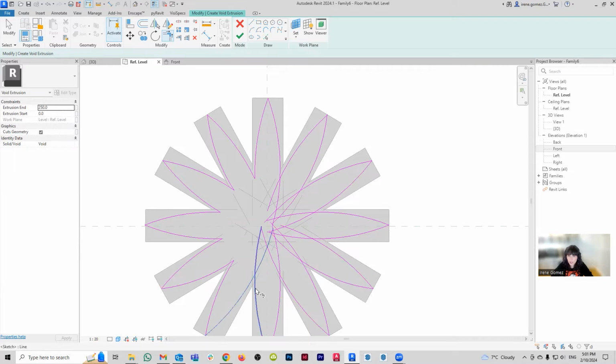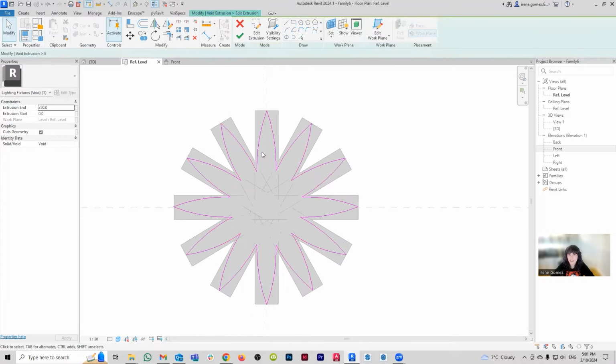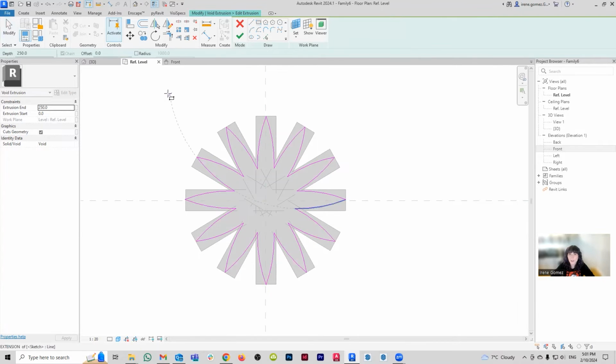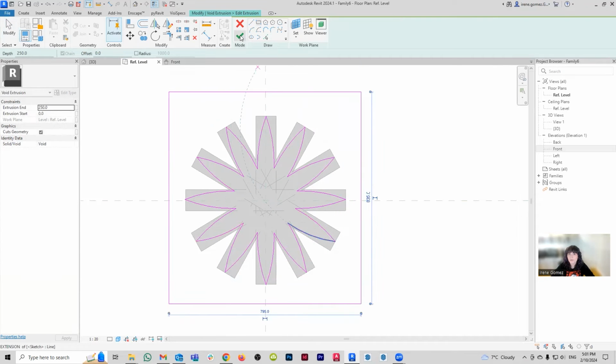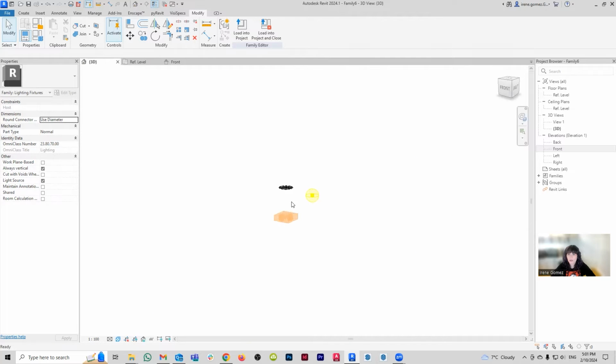So again, you can spend as much time on this detail as you want on join. I don't need this to be the most complex detail ever. I just want my general shape to be met. Oh, and once again, I made the same mistake. I'm going to make the box. There you go. And then yes. And then again, it's not cutting because this guy's way, way down compared with that guy.